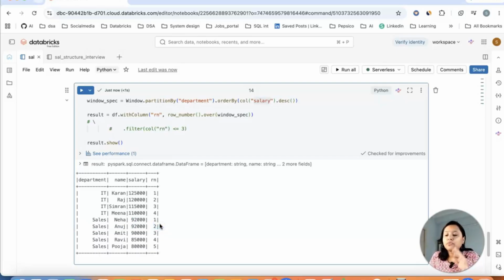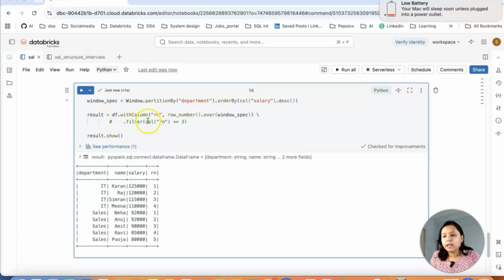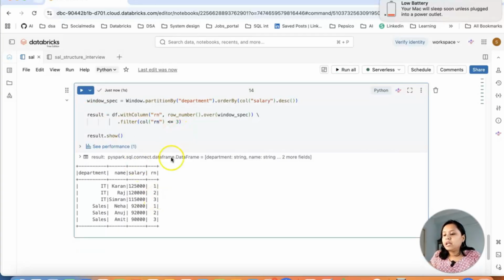So now if you have to find the top 3, it's very simple. That is, you have to filter only top 3, right? Only these 3 records you need to pull, and only these 3 records for sales you need to pull. Okay. So for that, what I will be doing is, let me uncomment this, put it back, and I want everything which is less than or equal to 3, right? So that will give me the top 3 salaries. So if I execute this, see, only top 3 salaries it's going, because it's filtering it out with the top 3 salaries. These are the 2 ways you can solve the question.